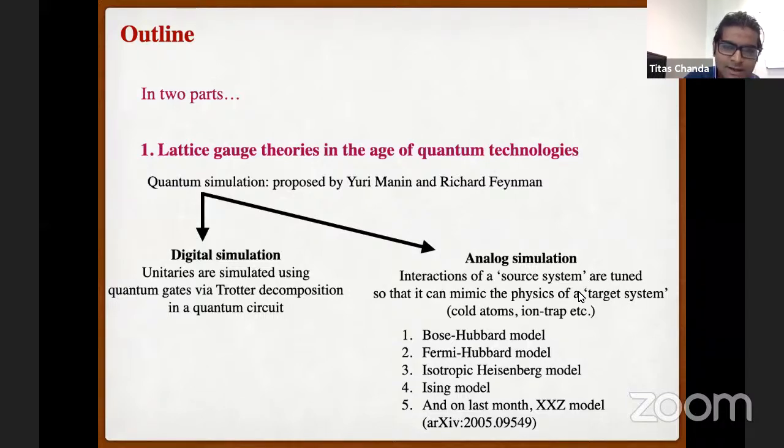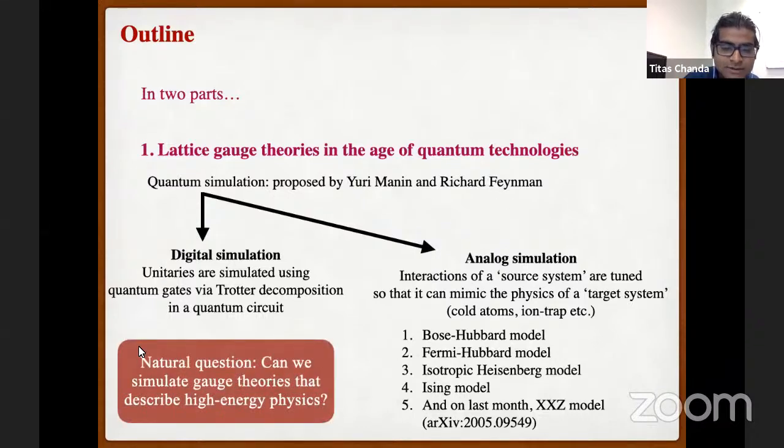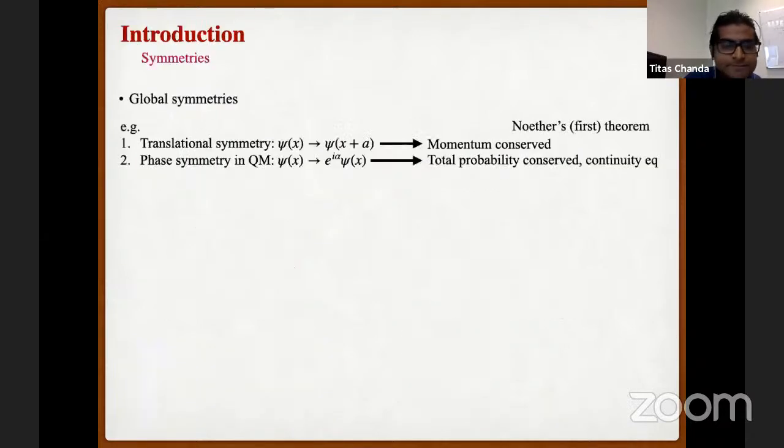This gives the main motivation of this topic, lattice gauge theories in the age of quantum technologies, which comes in the form of this question: can we simulate the gauge theories that arise mainly in high energy physics or particle physics? That is, can we simulate the physics of high energy in a tabletop experiment or not, right? Before going into the introduction of lattice gauge theories, let us